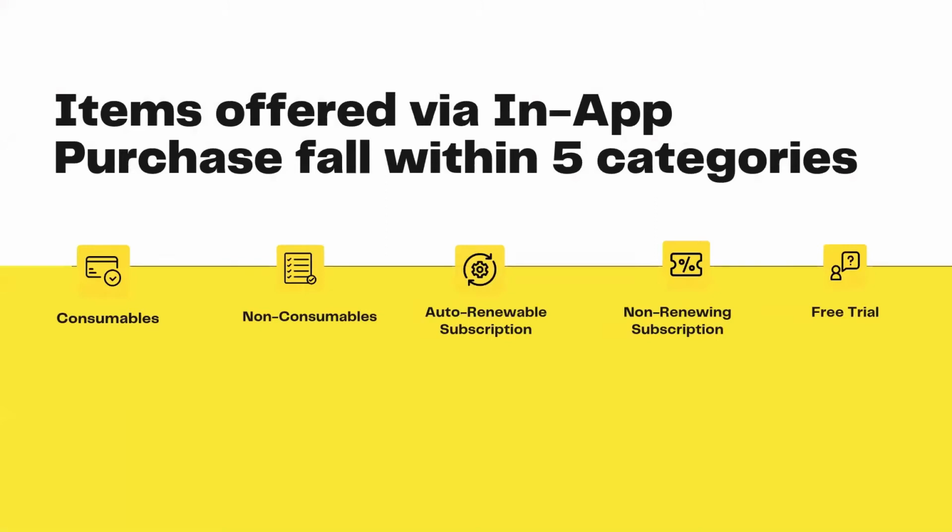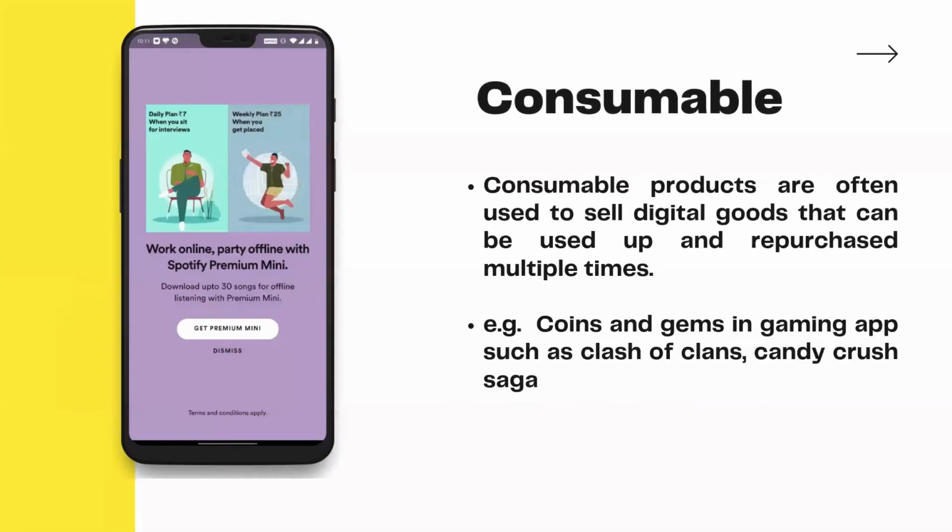And for the categorization, we have defined the in-app purchase in 5 categories basically. So it's consumable, non-consumable, auto-renewable, non-renewable subscription, and free trial. So they are the 5 categories of in-app purchase, where we have to differentiate the kind of product with the 5 categories. Okay.